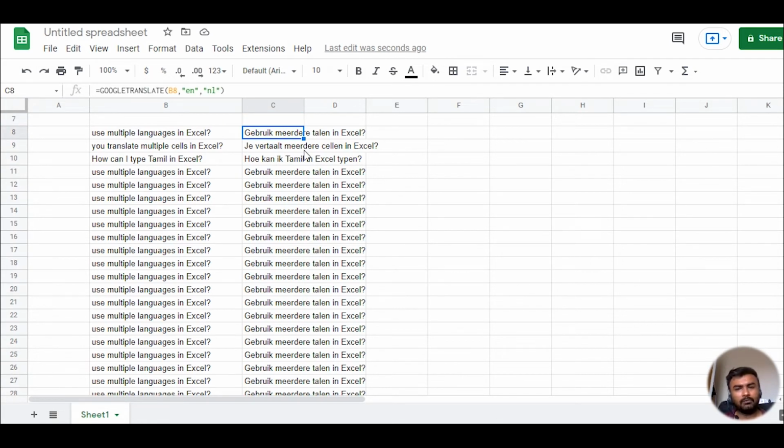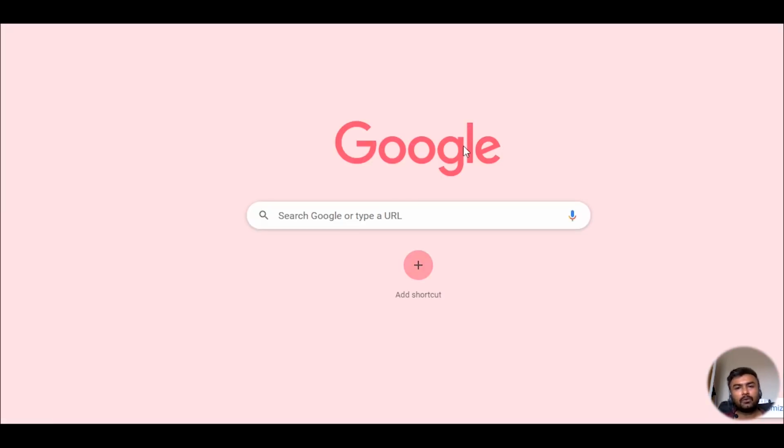Now I have shown how we can translate from English to Dutch language, but I wanted to translate into Arabic language. I want to translate into Spanish language. There are a lot of languages there. So let's go back to how we can find out the language codes. Just go to Google, type it as